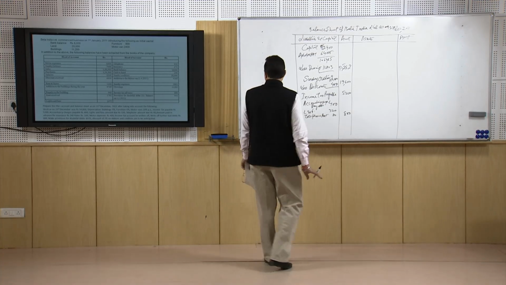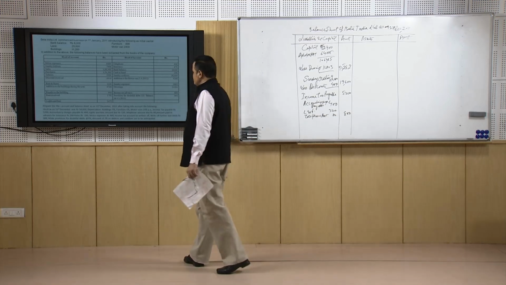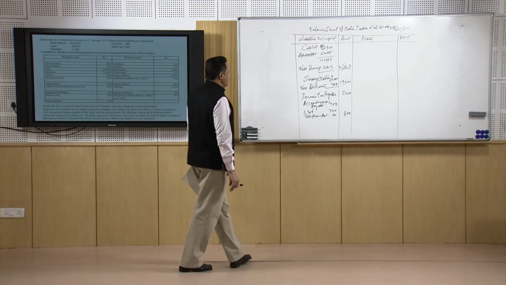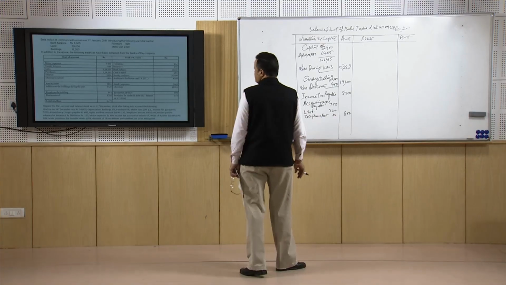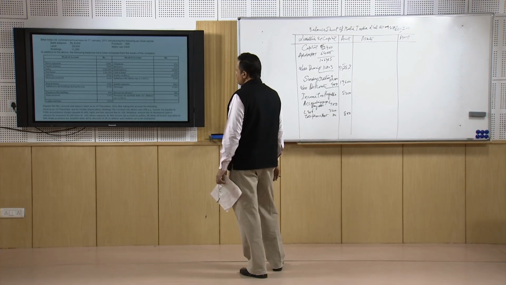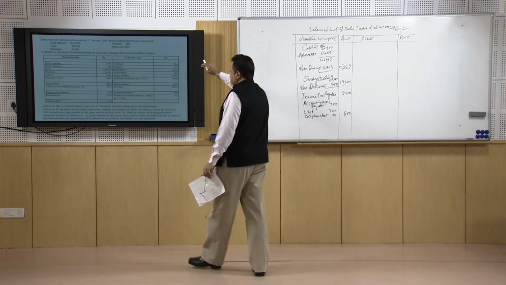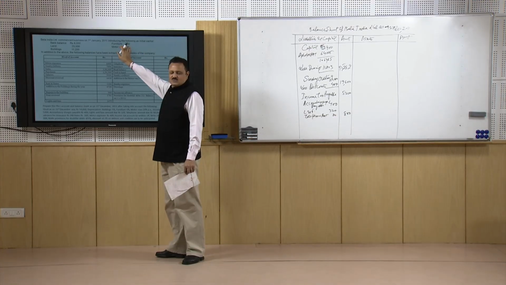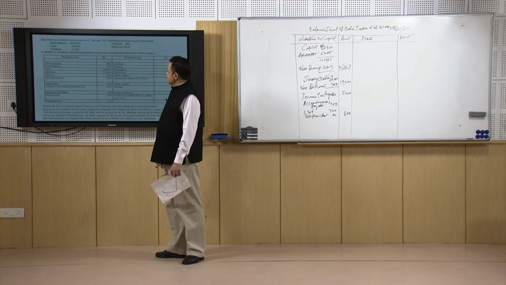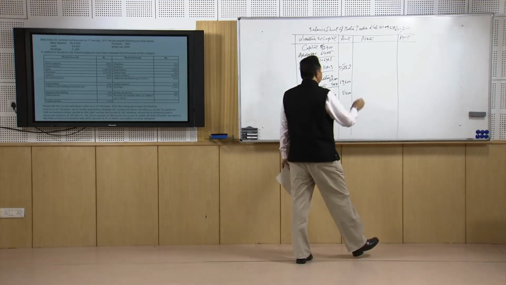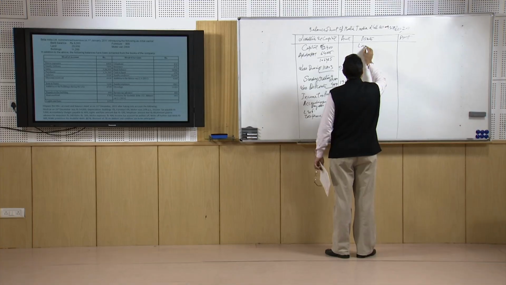So, I think there is no other item to be taken here; we have taken almost everything on the liabilities side. Now, we talk about the asset side. We start with preparing the asset side of this balance sheet, and you have to start from the top. These are the opening balances here, and all these assets we have to take into account. So, let us start with the first item, and that first item opening balance is land,